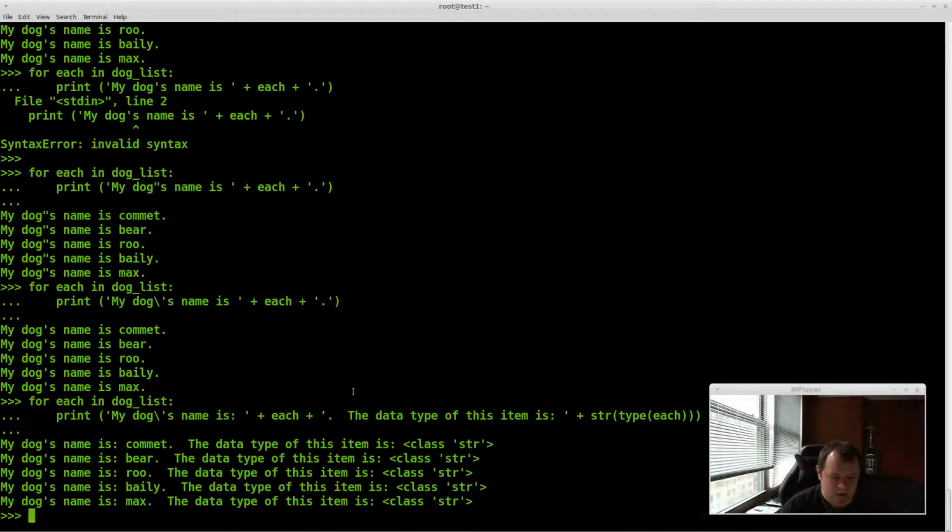So this is what you'll get on the output. You get my dog's name is Comet, and then the class type is string. That's how you can check the data type with a loop inside of Python. Okay, the next thing I want to show you, which I don't recommend doing, but some people do it, is that you can mix data types